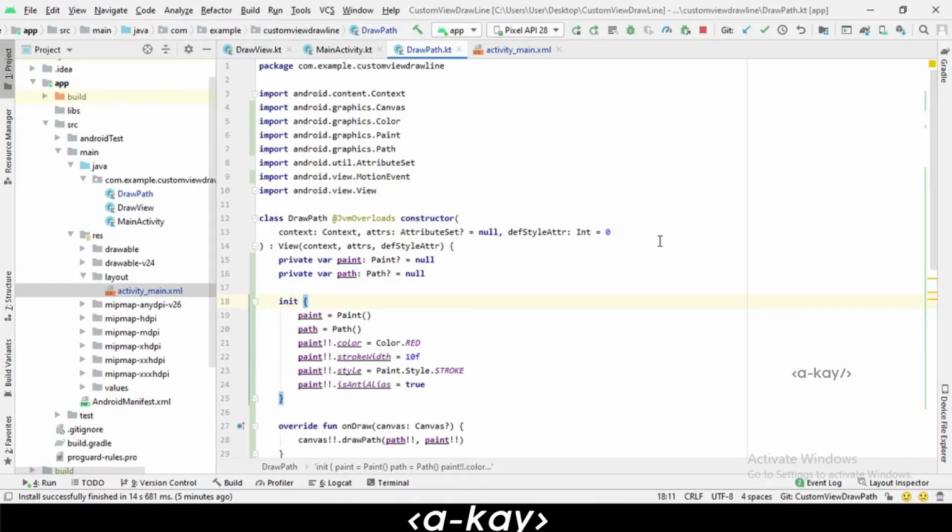In this video we are going to see how to create a paint application with undo and redo option. We are going to make an update of our previous project. If you didn't see our previous video, go and watch it. I will give the link in the top part. After watching that video, please watch this video. It will be easy for you, otherwise it will be difficult.